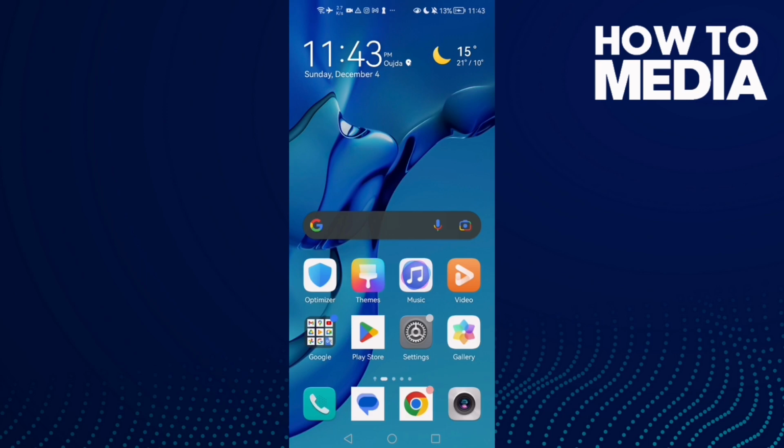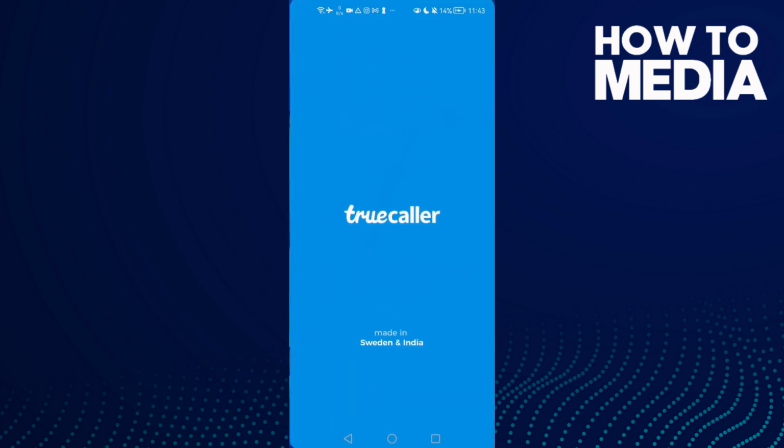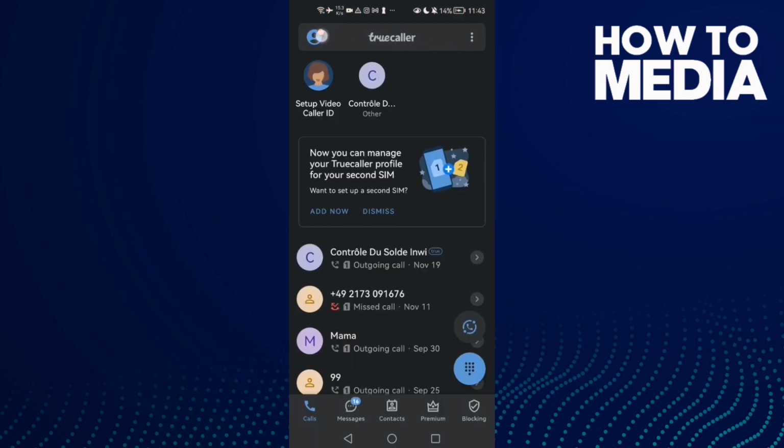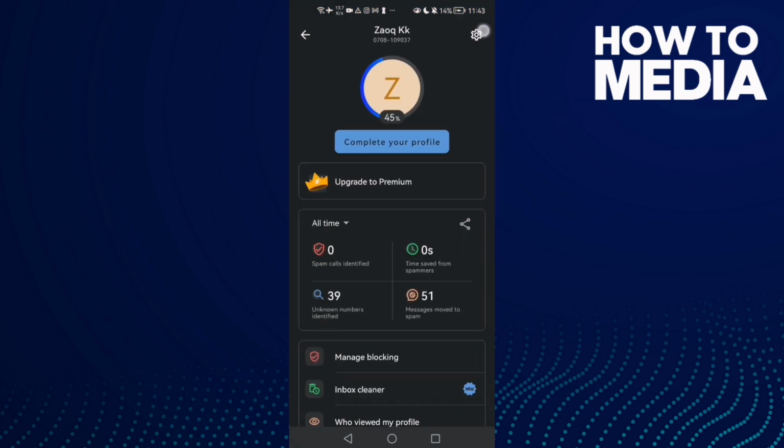How to find Truecaller messaging settings on Android or iOS phone. Hello guys, in today's video I'm gonna show you how to find the messaging settings on Truecaller on Android or iOS phone. First open Truecaller and now click on your profile here and then click settings